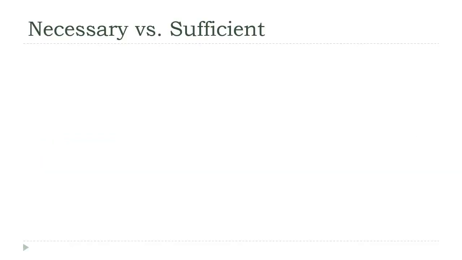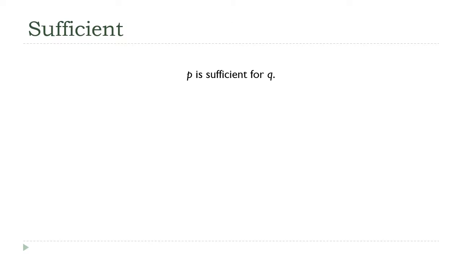Necessary and sufficient are words that mathematicians use to describe two specific mathematical relationships that are different variations on the conditional statement that we've been talking about in the previous lectures. So I think of sufficient as being synonymous with good enough for. All right, so if P is true, then Q has to be true, but there are other conditions that might